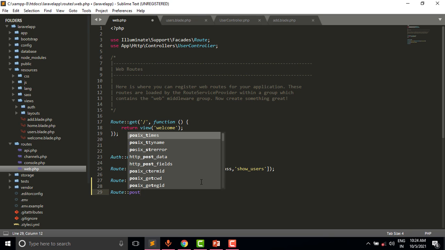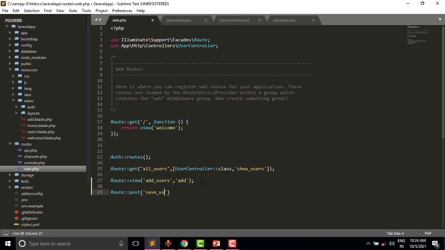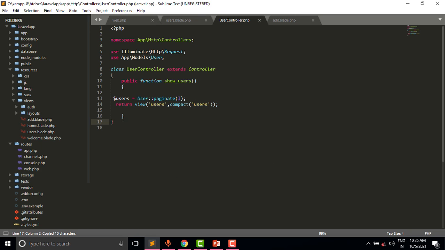Route post, save users, and we will copy the same, and save users, and name of the function will be save users. So let us create this function inside user controller.